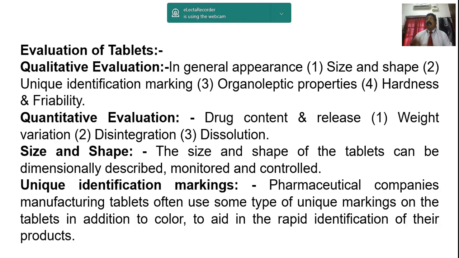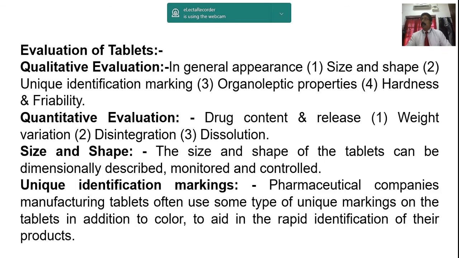In that case, every shift will have a different type of tablet production. One will be antibiotic, another will be vitamin, another will sometimes be enzymes. These productions cannot be mixed with one another. So every time you have to be very careful with every batch, and you have to identify. Not all of them will always be pharmacists. Sometimes there will be workers, and they may not know. So for that identity, they used to keep marks on the tablets also.